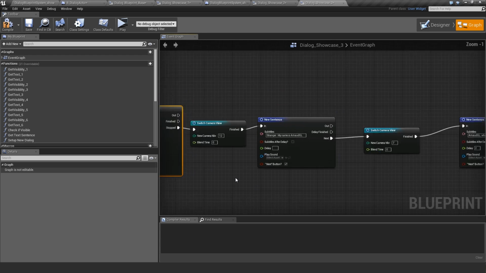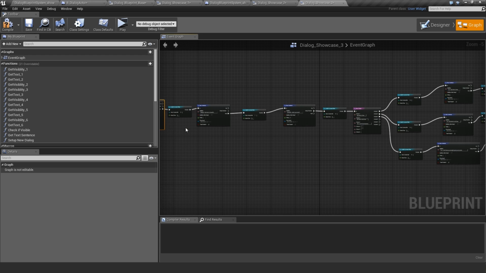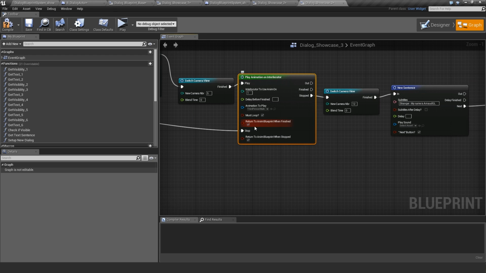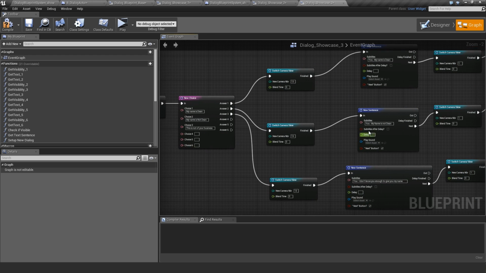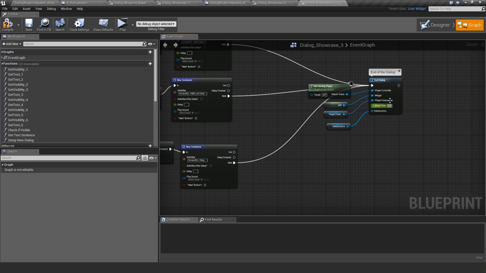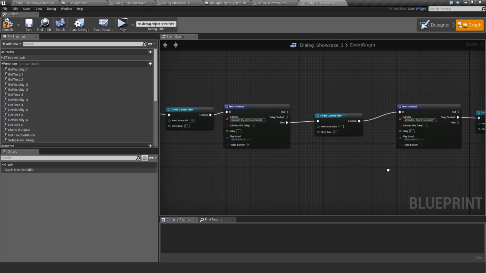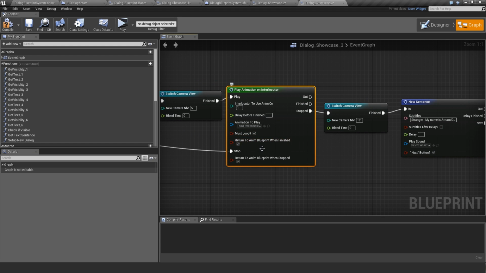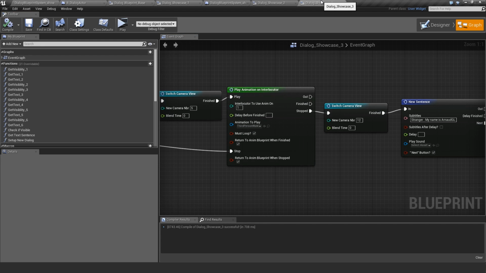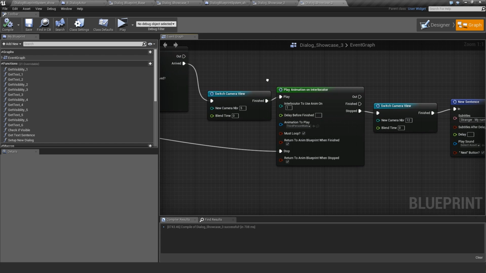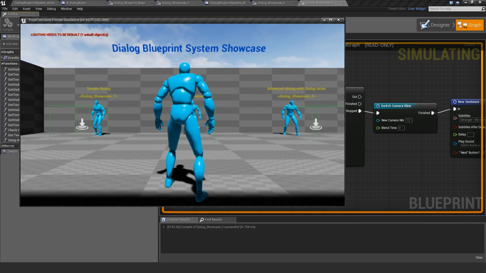Whatever happens, if you don't make him return to Anim Blueprint, know that the end dialog function takes all the interlocutors and puts all of them on Anim Blueprint to release them. You may also select the interlocutors, and you have a delay before finished. So I may show you how it works on a final example. If you go there,